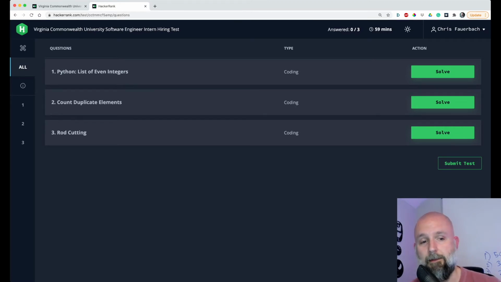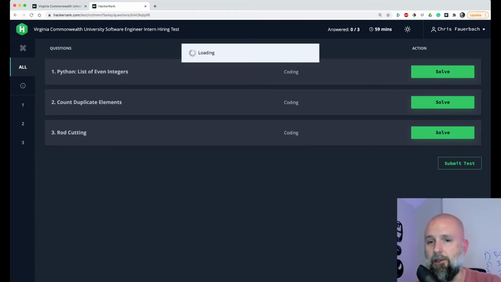All tech associates have to go through it to get a secure coding certification. Very similar format. So you will see this type of thing over and over, whether it's a CBT, computer-based training for work, an interview or whatnot. So we'll come in and we'll look at the first one. So the list of even integers.